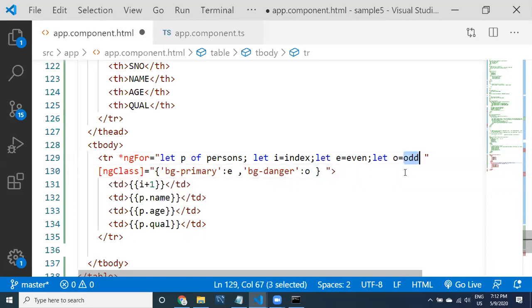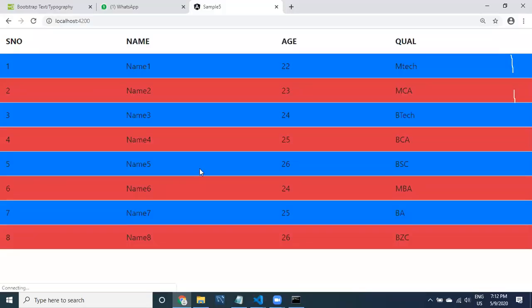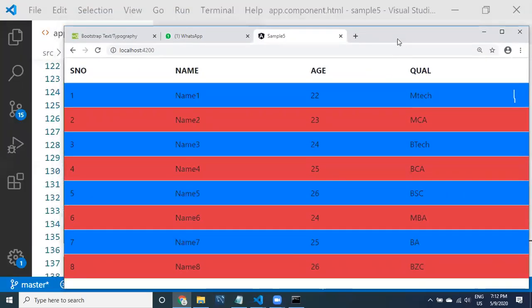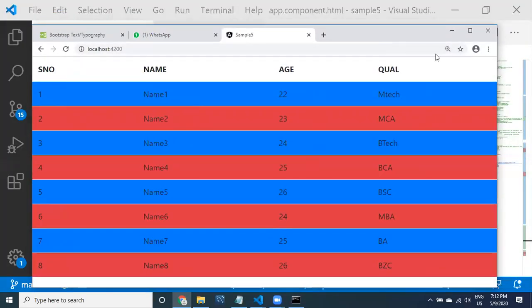We cannot use this local variable directly. You have to assign the local variable to an instance variable, which can be called an input variable or template variable. If odd equal to true, this is going to be applied. If even equal to true, that is going to apply. Only one color is going to be applied. So see here guys, for one record, one color is going to get applied. This is how you can apply.